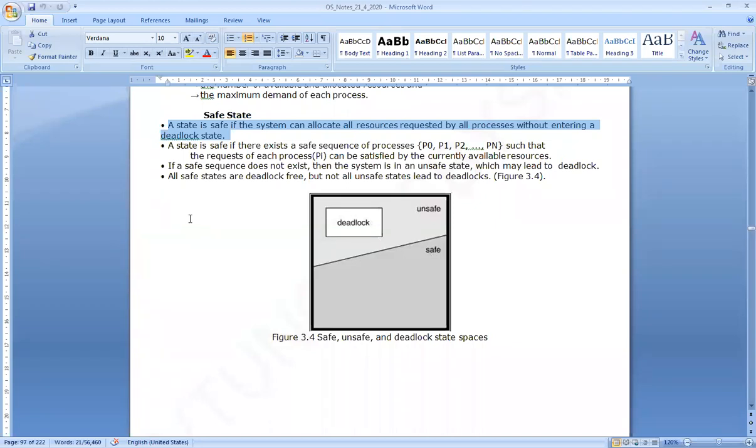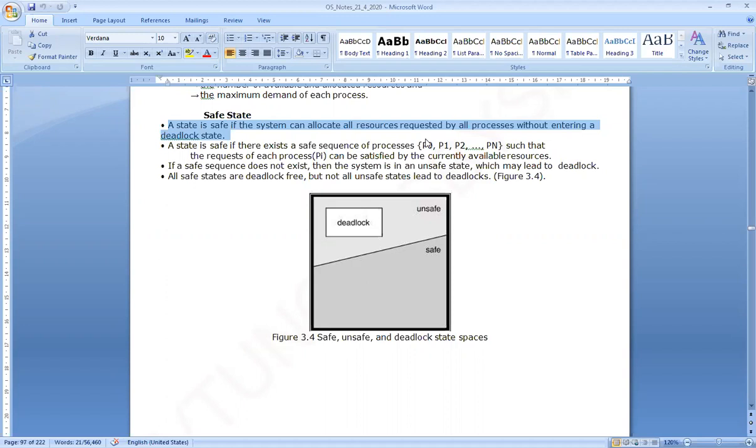So what is our main aim? It is to see that we do not enter any deadlock situation. How is it possible? By running the process in the safe state. What do we mean by safe state? Whenever the process requests some resource, we try to allocate it, try to give all the resources requested by the process, and execute the process without any deadlock situation.